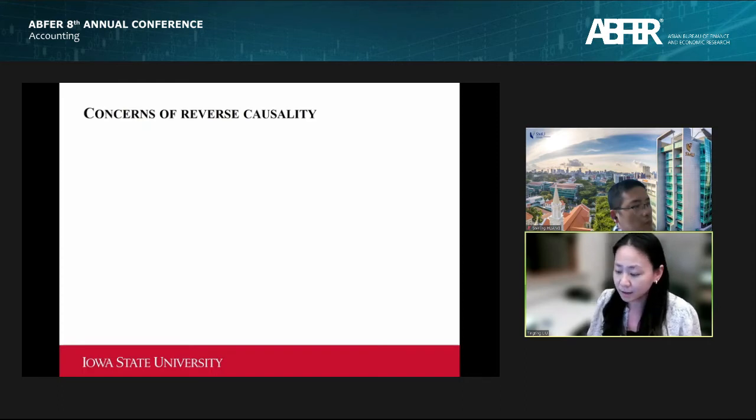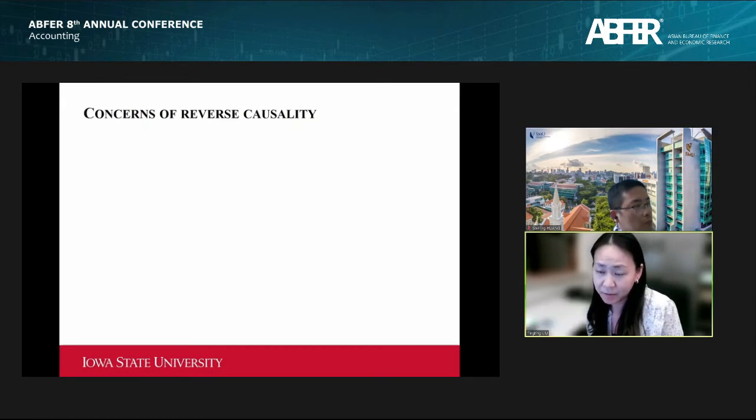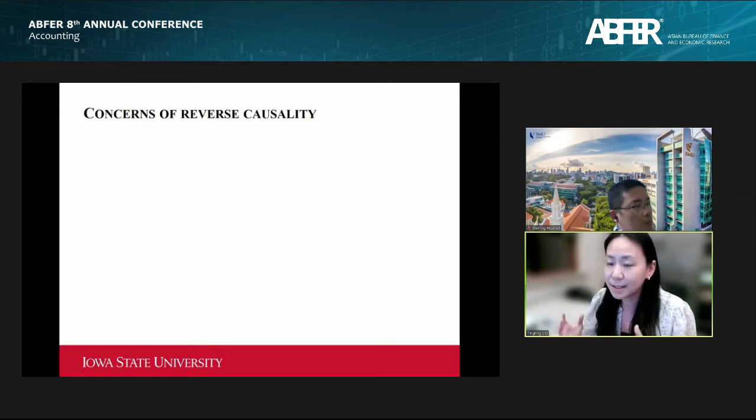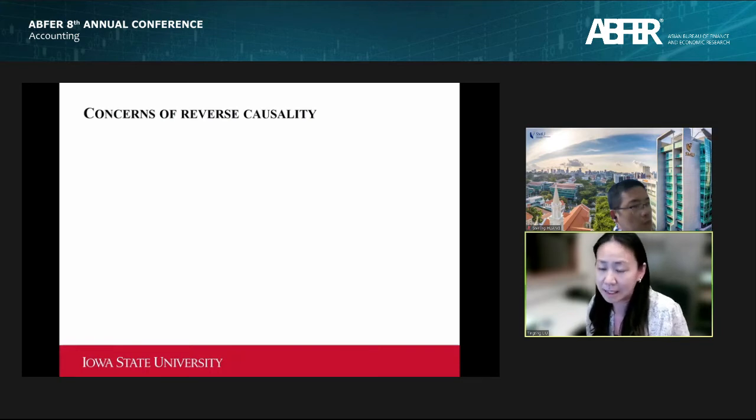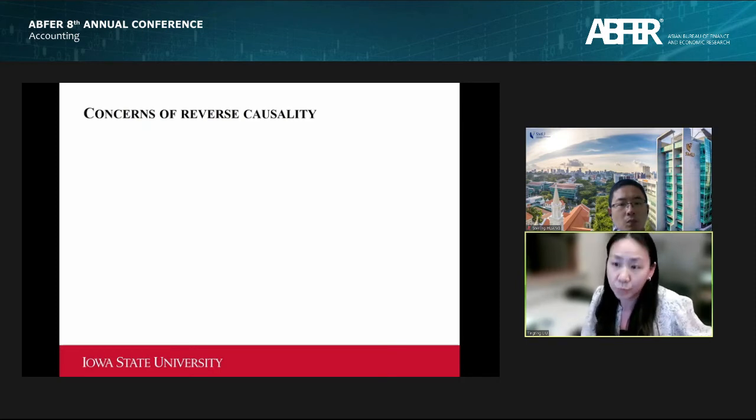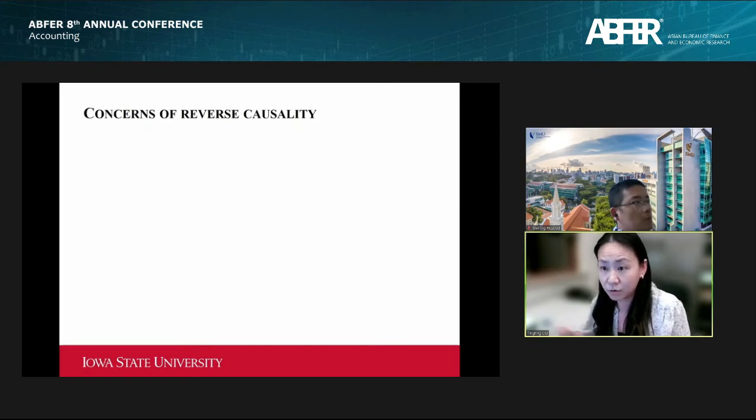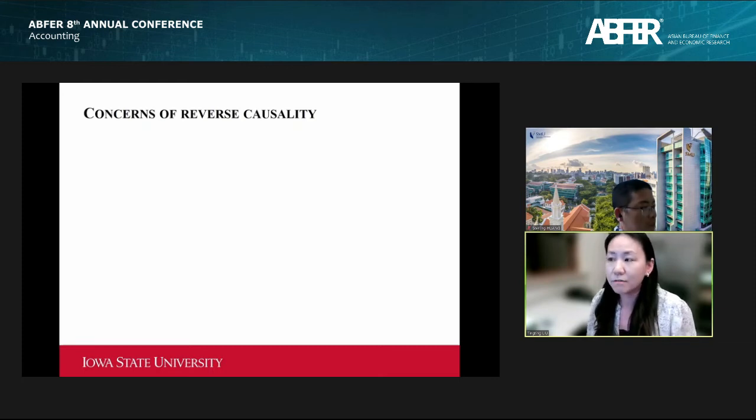On the one hand, if the SEC is detecting bad deals, or trying to catch the bad guys, then we would expect the deals that get comment letters to have poor quality, to be value-destroying deals. Ex ante they should have a lower probability of being completed. If that is true, if the SEC is selecting poor quality deals, that should work against us finding any positive association between getting a comment letter and the deal being completed. However, on the other hand,